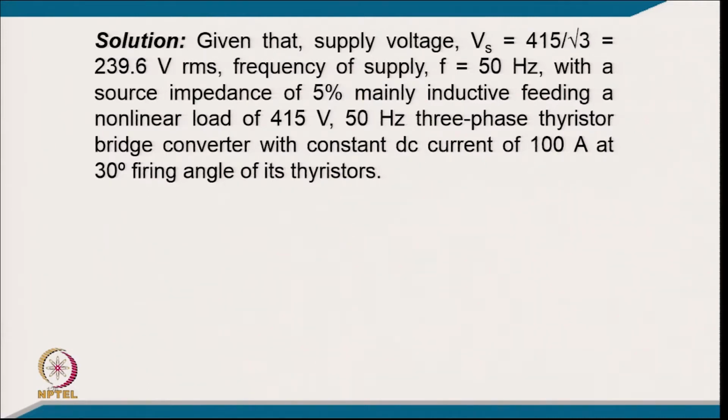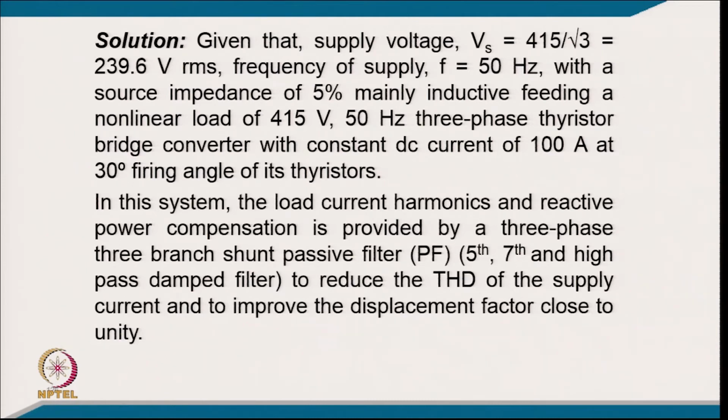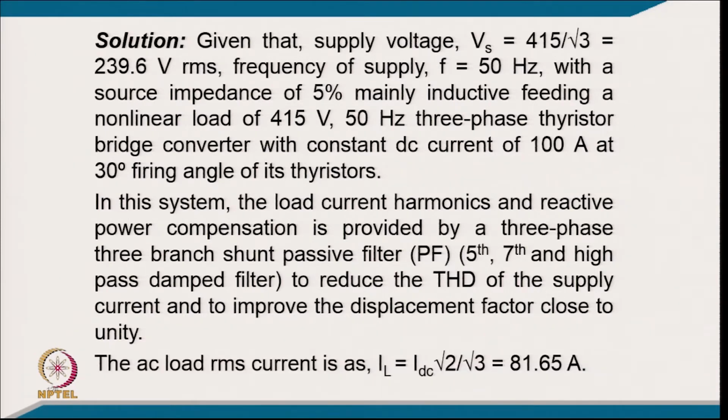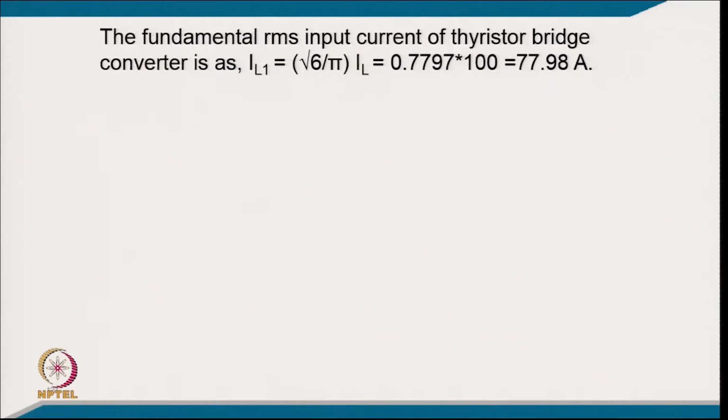root 3, 239.6 volt and frequency of supply 50 hertz with a source impedance of 5%, mainly inductive, feeding a non-linear load of 415 volt 50 hertz 3 phase thyristor bridge converter with constant DC current of 100 ampere at 30° fire angle. So, in this system the load current harmonics and reactive power compensation is provided by 3 phase 3 branch shunt passive filter 5th, 7th and high pass damped filter to reduce the THD of supply current and to improve the displacement factor close to unity, and the AC load RMS current is equal to IL, IDC into root 2 by 3. So, that comes 81.65 ampere,